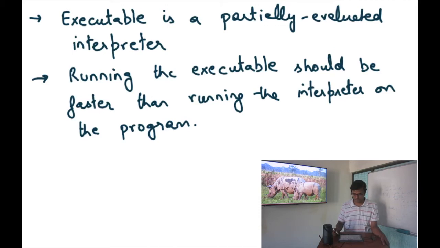source code. All right, but this partial evaluation of the interpreter on the program source code, the result of the partial evaluation, which is also called the executable, should ideally be faster or in some way better, maybe shorter than executing the original interpreter on the original program source code, because otherwise there was no advantage of doing the partial evaluation upfront, right?